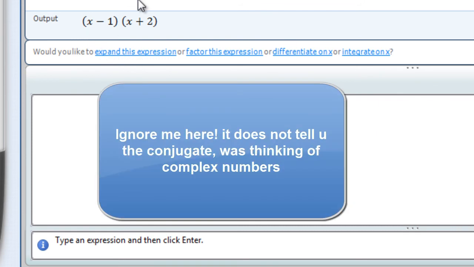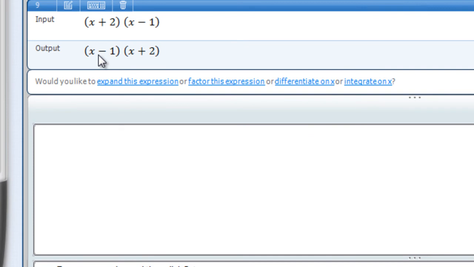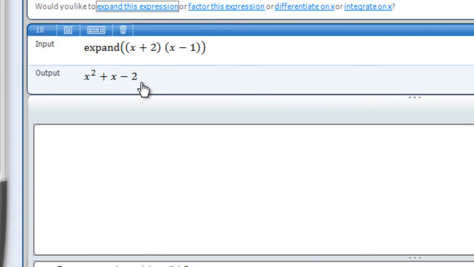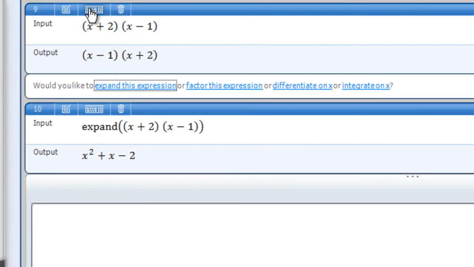A quick thing to note, on the output it shows you the conjugate or the opposite. That's just something quickly to say. But if we expand this expression, you get x squared plus x minus 2. What it's basically done is multiplied out the brackets. So we've showed you factorising, expanding,